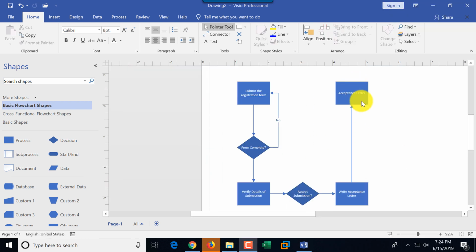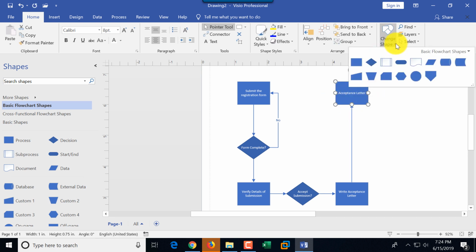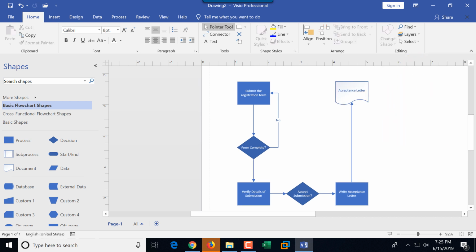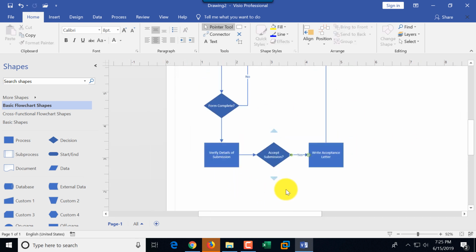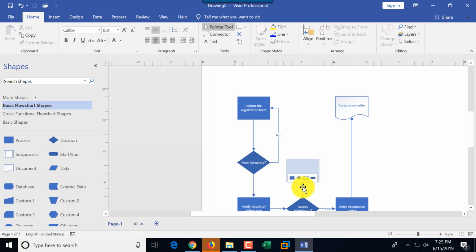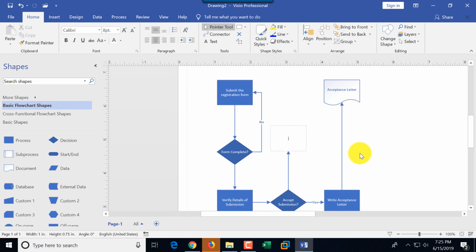and as I mentioned, all I need to do is select acceptance letter, and I can change the shape, and this is the letter shape, and this would be my acceptance letter. It's basically a document shape, not necessarily a letter shape, but I'm going to use it as a document. And here we would want to say yes, so I just need to select an arrow and say this is the yes condition, and in case there is a no condition, I'll have an additional box here, notify student